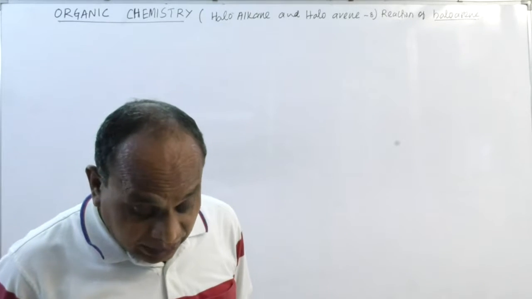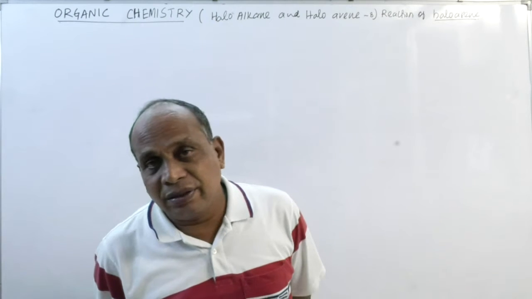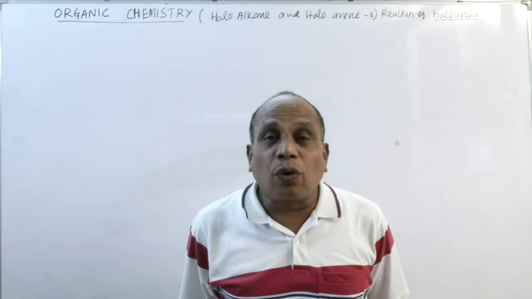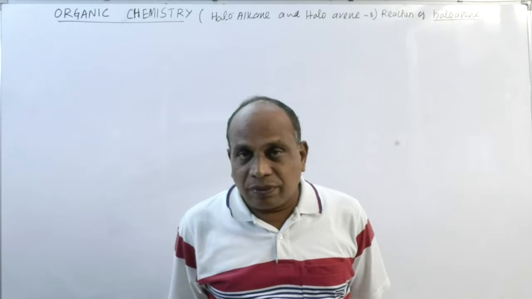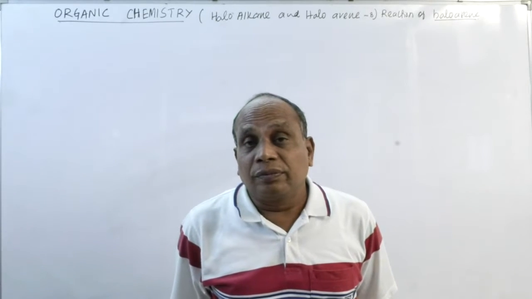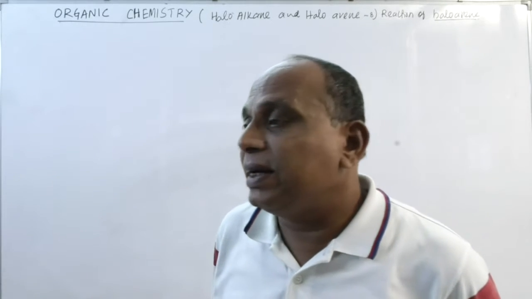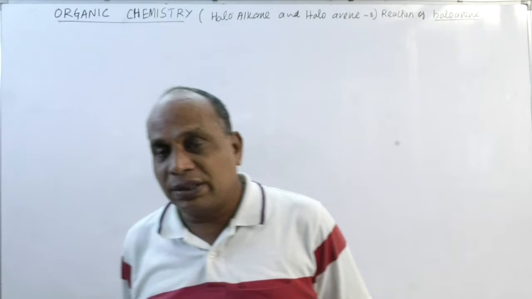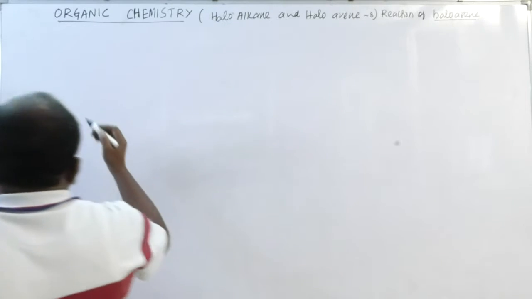And we will discuss some environmental effects of polychloroderivatives, that is dichloromethane, chloroform, iodoform, carbon tetrachloride, DDT, benzene hexachloride, and so on. Okay, let us start the reactions of